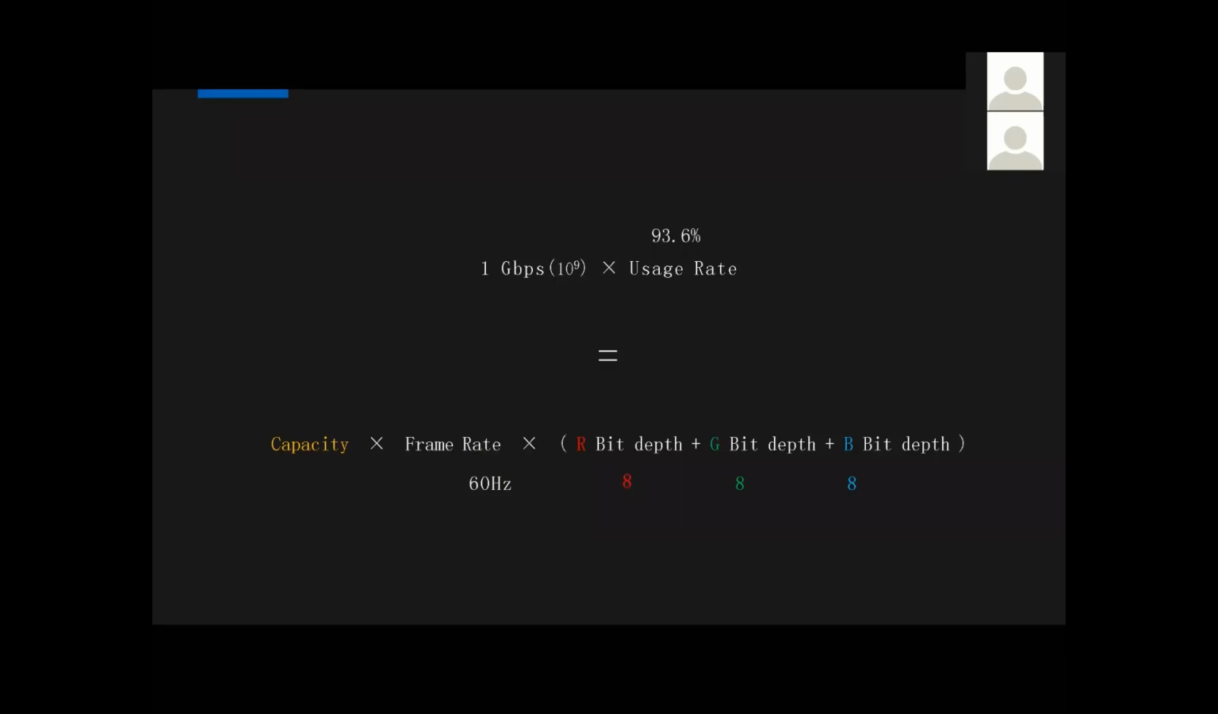Sometimes it could be higher, sometimes it could be lower, according to different quality of the cable or distance of the cable. And because we're transmitting a 60 hertz video signal, so the frame rate is 60 hertz, and then the video signal through DVI, it's 8-bit color. So for each color, we have all 8 bits. So if we do the calculation,